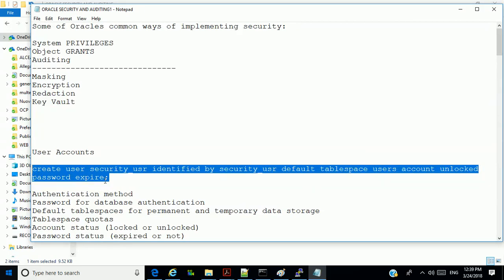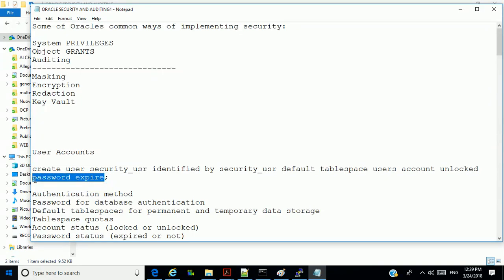And password expire means that when this user tries to connect, the user will have to change the password at login. You understand my point? The user has to change the password. That's why you call it password expire. He's going to get an error that the password has expired when he logs in. He's going to log in with this password and he has to change it, okay? Just remember this because normally in the production environment, okay,